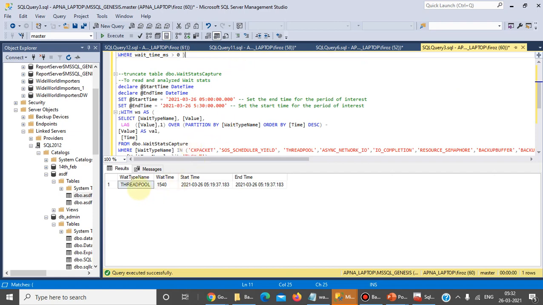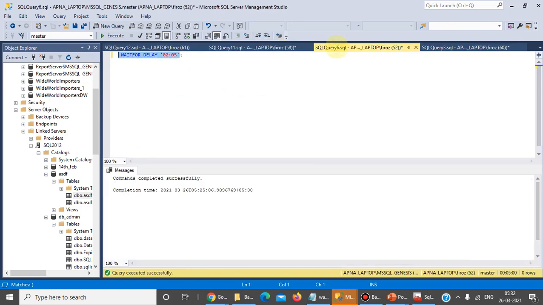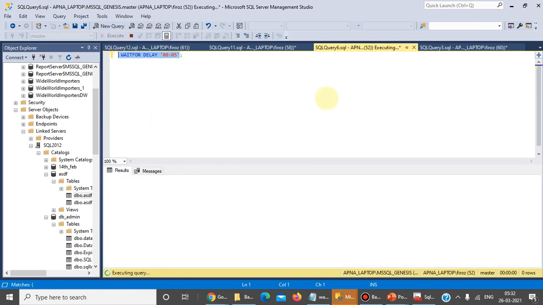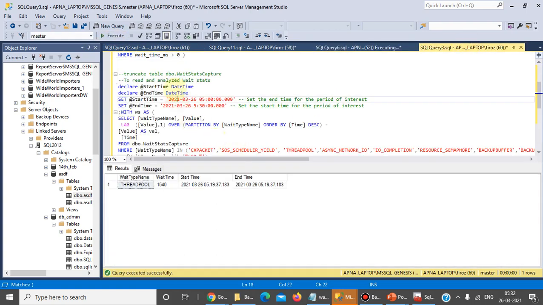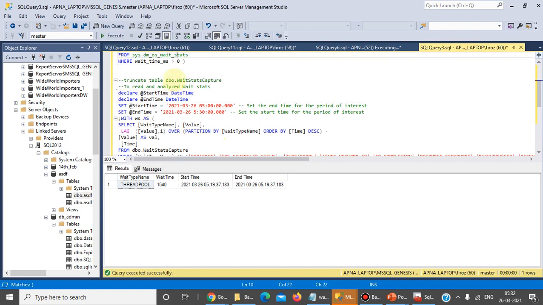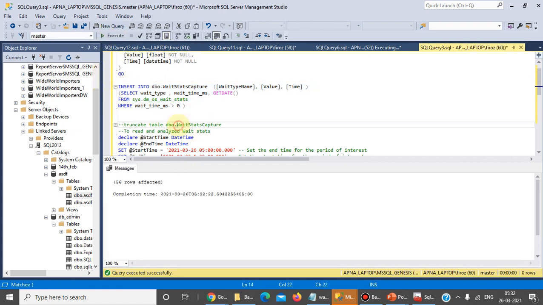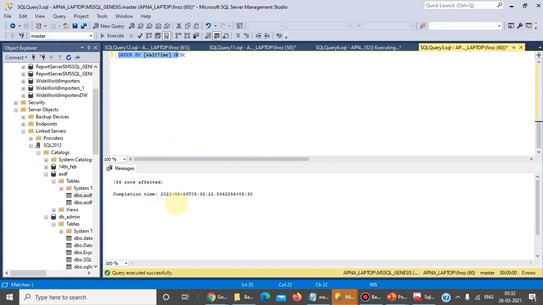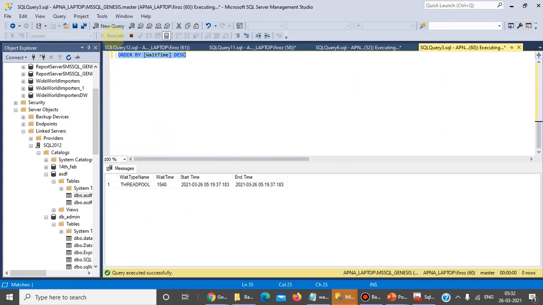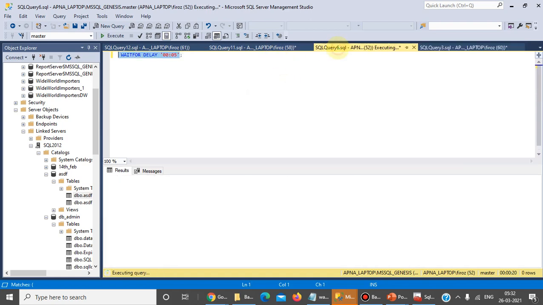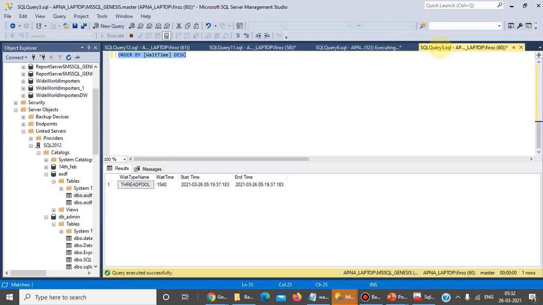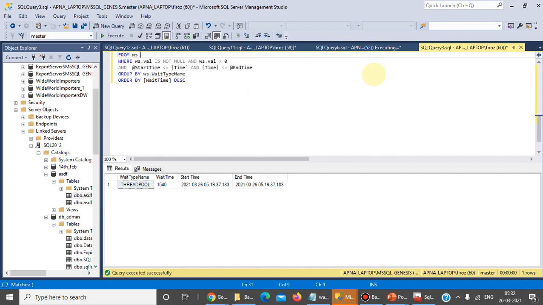Basically, only the thread pool wait type is captured. Let's run this query again for 5 minutes and check after 5 minutes.